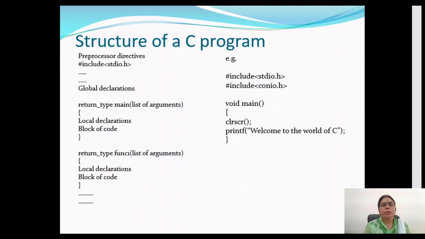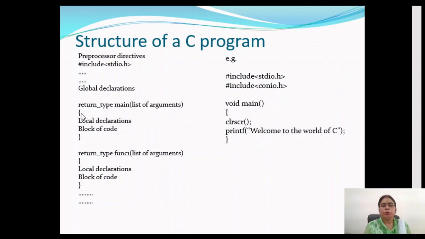So how do we write a function? For writing a function, the header statement says that first we need to write the return type of the function, then the name of the function, and then the list of arguments that the function expects. The first function that we will use is the main function. So we have written the name of the function as main, and then the list of arguments.